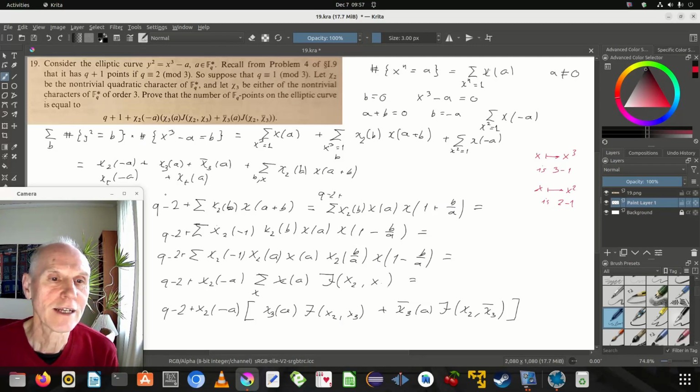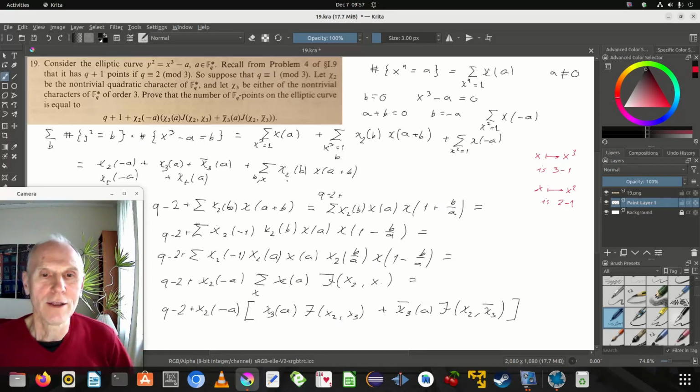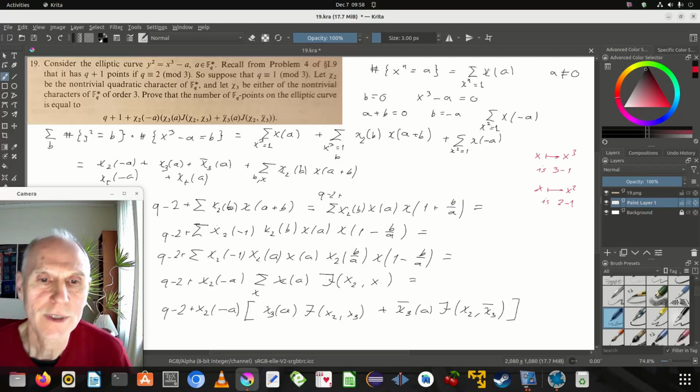And that means adding 2. Then I took, now if we choose the trivial character here for chi2, for the one where chi squared is trivial,